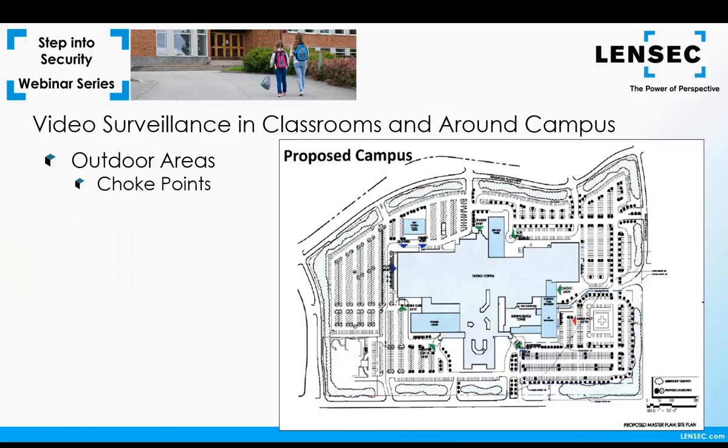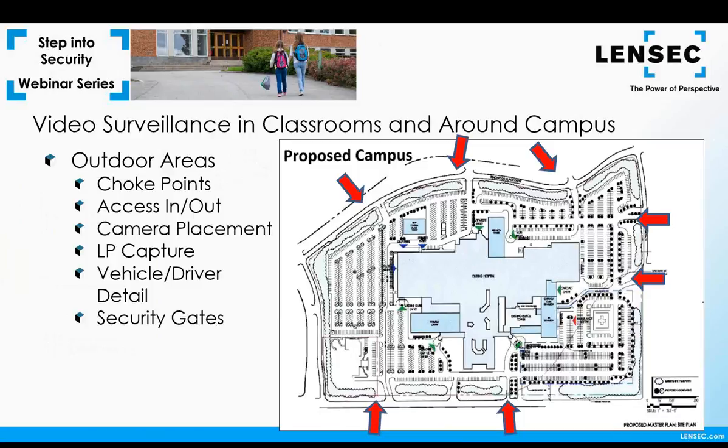Let's take a look at this parking lot. There are driveways where traffic must pass through in order to enter or exit the parking lot. These are called choke points, high priority areas where you can ensure you capture the activity of vehicles and pedestrians entering and exiting the wide open area. When you look at the parking lot, the obvious choke points are driveways. These are the most likely spots for vehicles and foot traffic to access your facility. You could easily consider entrances to the buildings a choke point as well.